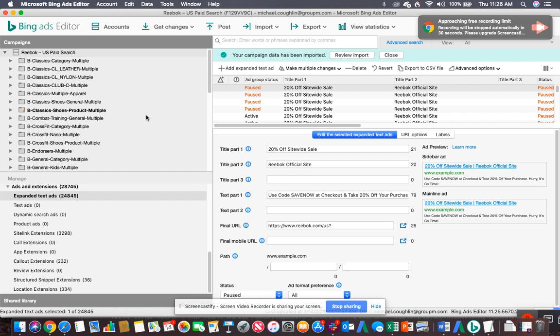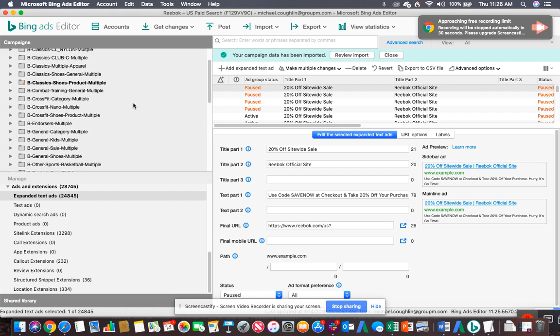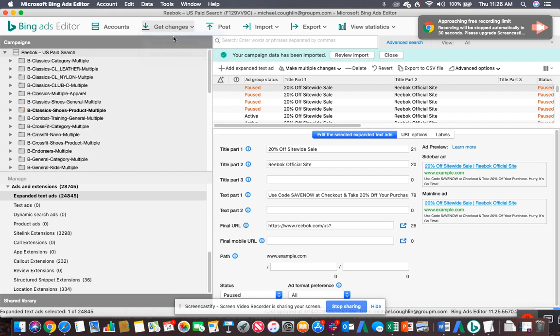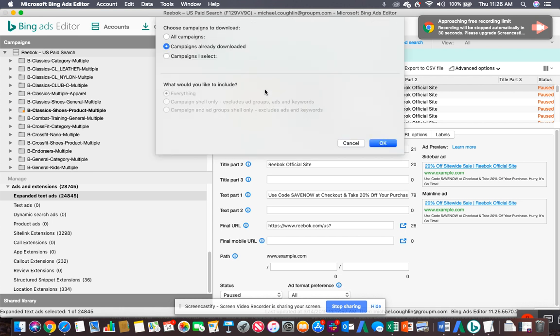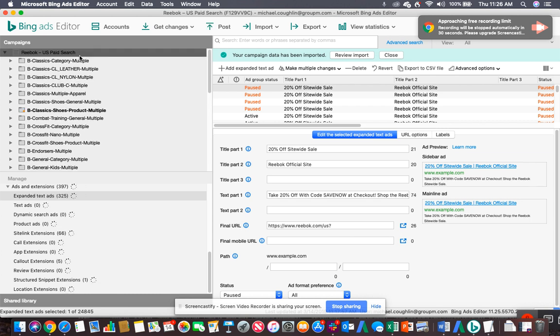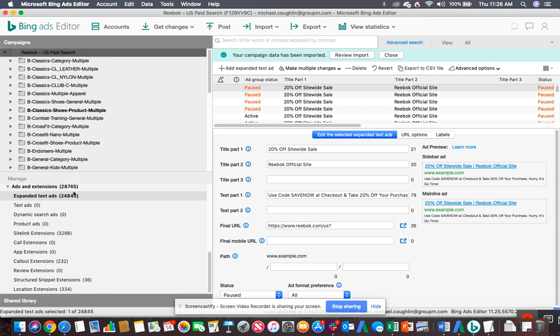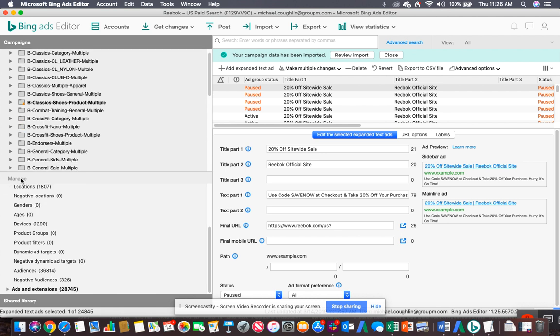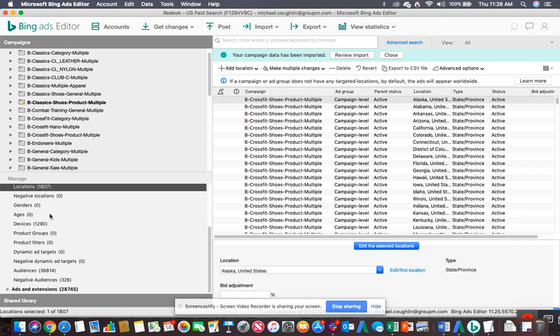And so now I only have 30 seconds using this program. So now I'm going to hit get recent changes one time. Well, no, first off, one thing you have to do is now there's no bid set at the ad group level. So you need to set the bids at the ad group level. So I'm probably going to get cut off here, but I'll show you. So basically you have to set the bids at the new ad groups because there were new ad groups set up. And then once you do that, then